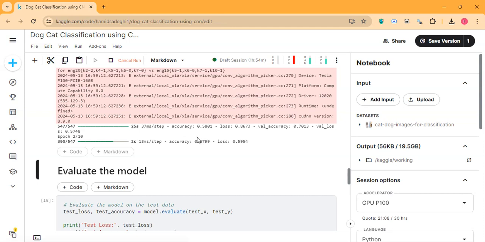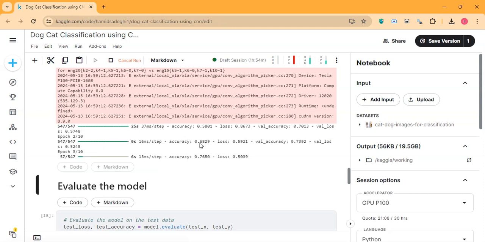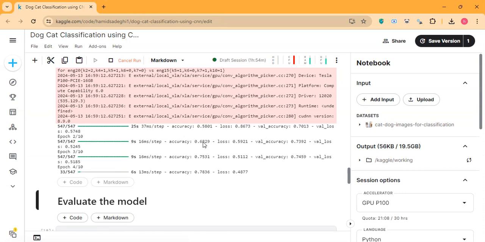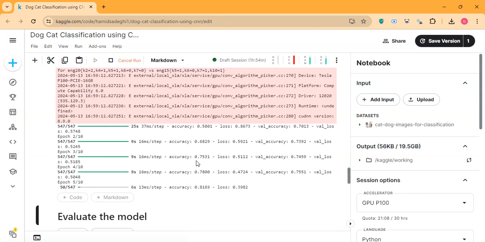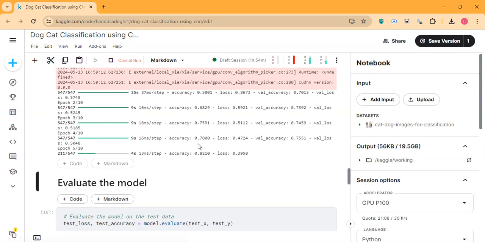Okay, in the second epoch we got around 68%. That's much better than the ANN. So 75, 77, 80,